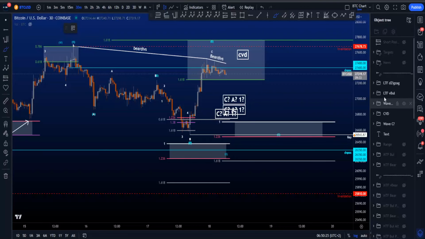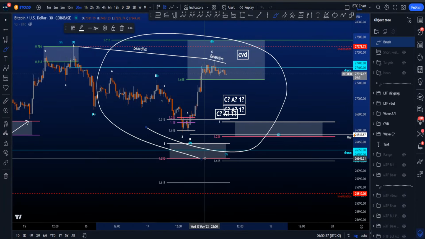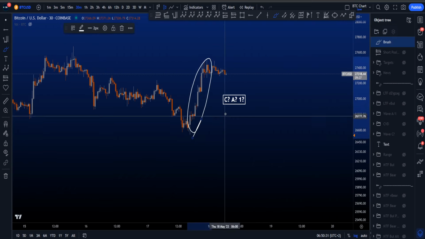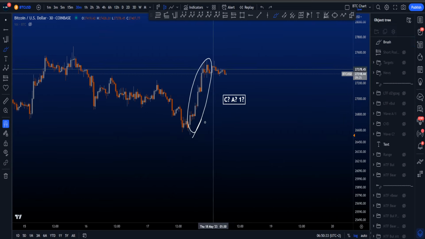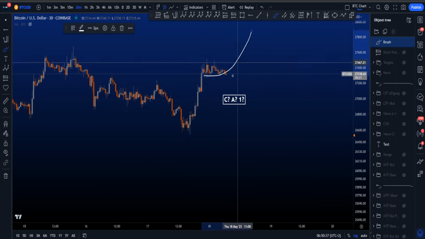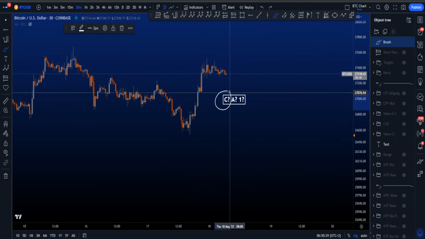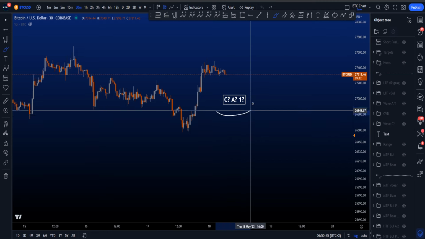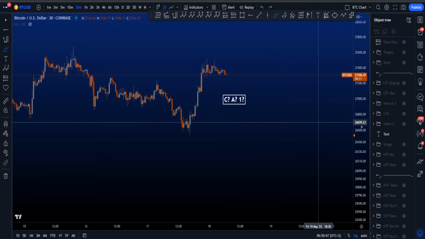Hi everyone, let's have a look at my low time frame bullish and bearish Elliott Wave scenarios on Bitcoin, starting with the question: is this move to the upside a wave C, A, or a wave 1? Because the moment you get an impulse, you can't just expect continuation to the upside. You always have to think about a potential wave C, after which price is moving to the downside to take this low once more. So in this video, we're going to try and answer this question while running through the